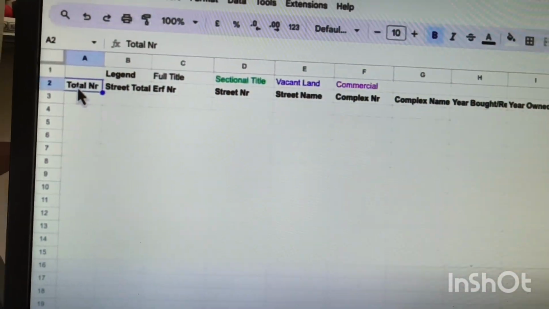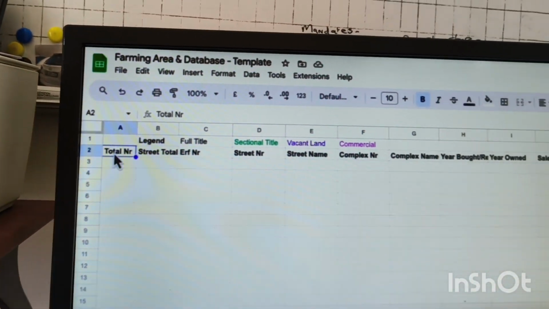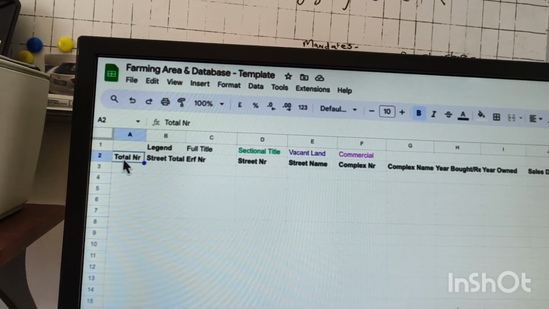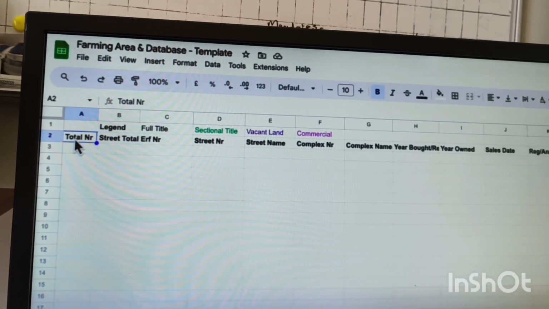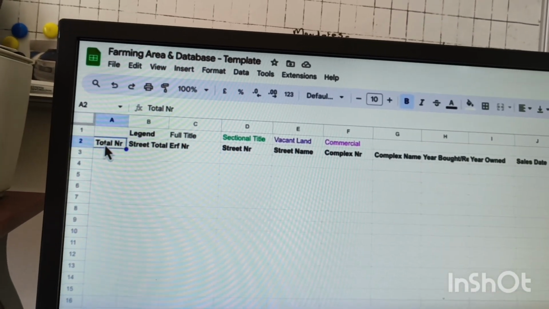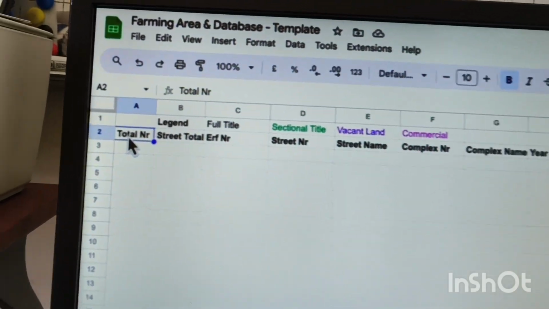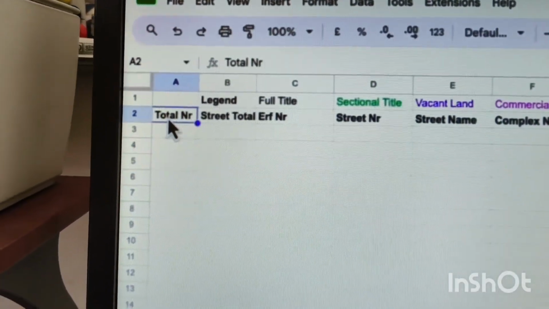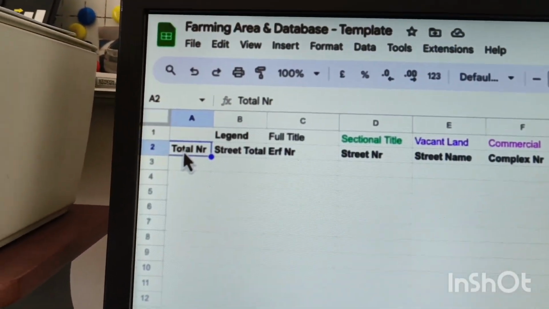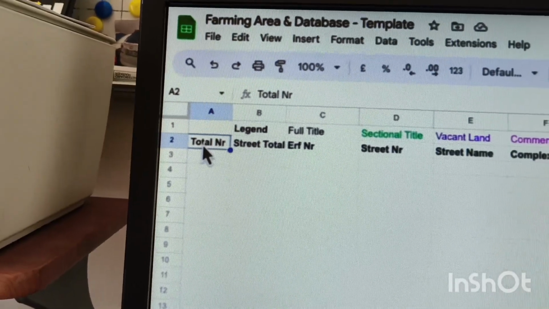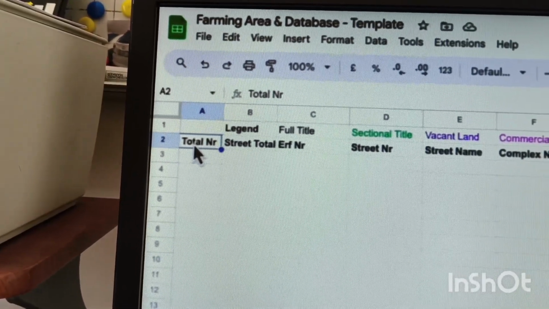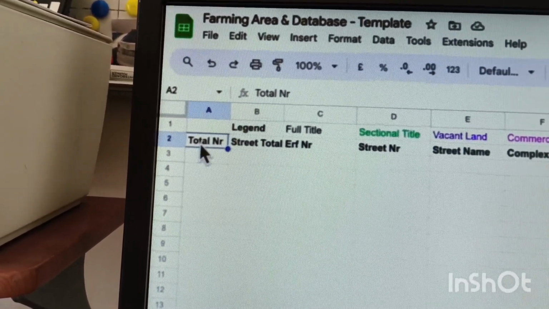Building a database for your farming area and for all the other people that are doing business with you. I've created an Excel sheet for you guys, and it's just to give you an idea of what information you need and what you might want to put into it. Now, this is just a plain old Excel sheet. Preferably you want to use a CRM, but if you're not there yet, then at least start putting the data